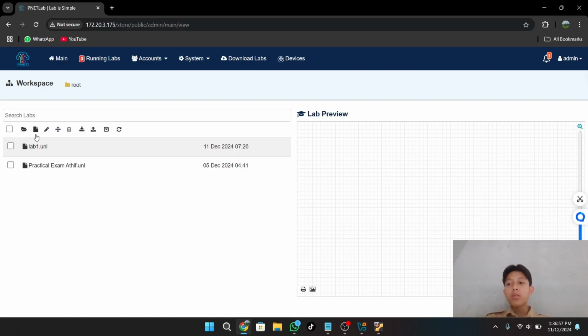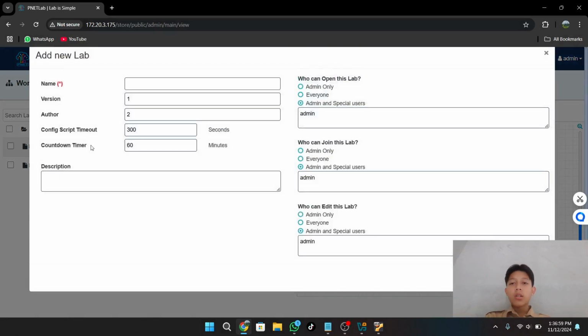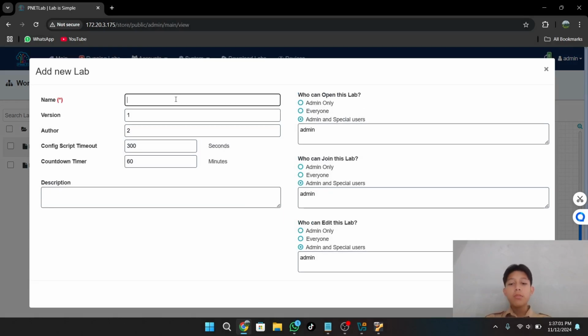Today I want to create a new lab, and the naming is up to you. For example, static routing two routers, the version is 1, and the author is up to you too. And you can add.